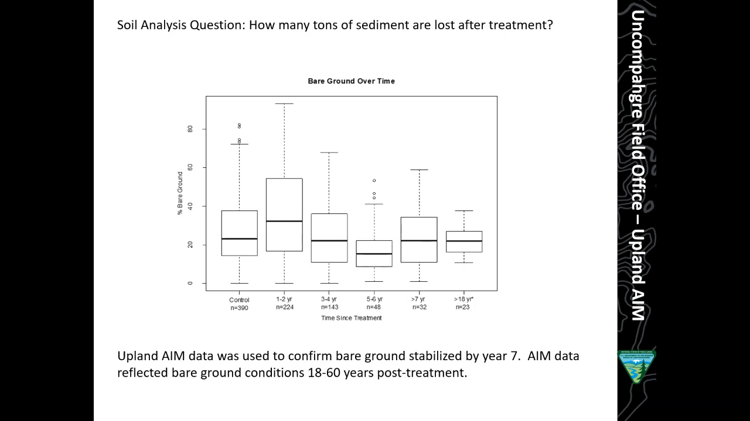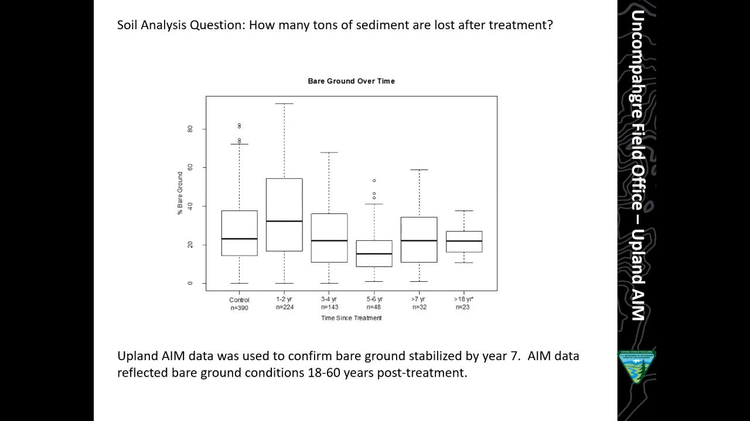All right, so one of the things that we looked at for an analysis question was how many tons of sediment are lost after treatment. So in this graph, we looked at both the existing data that Ken described that we had local to the field office, the 10 years of data, and we grouped that data by years. So we had 1 to 2 years, 3 to 4 years, 5 to 6, 7, and then where we brought the AIM data in was the greater than 18 years,